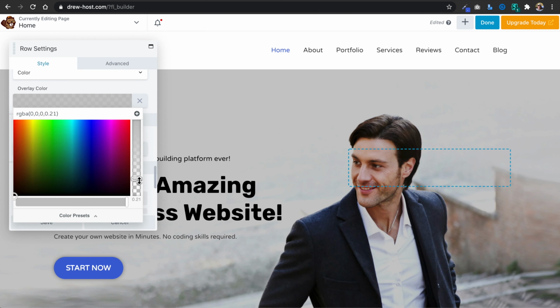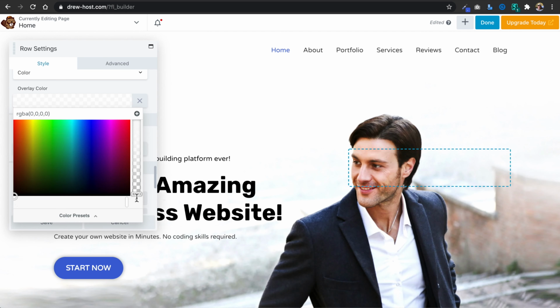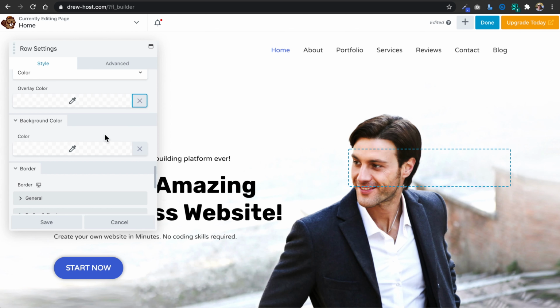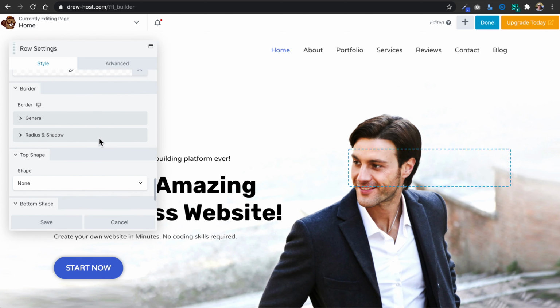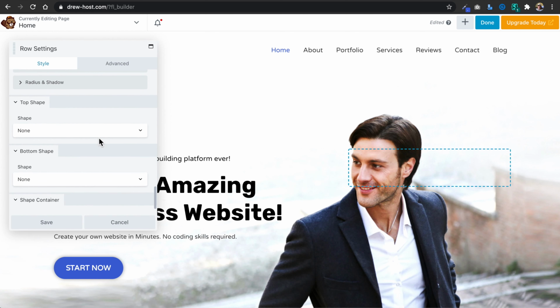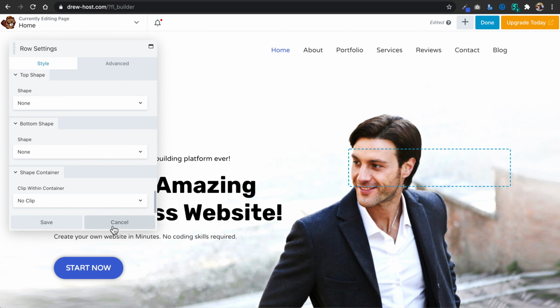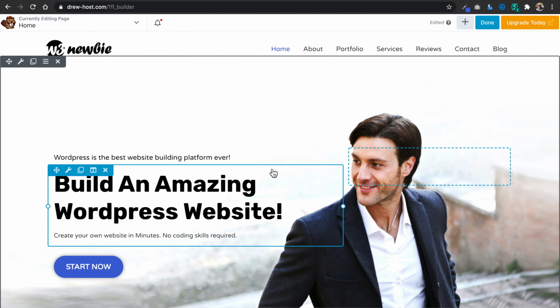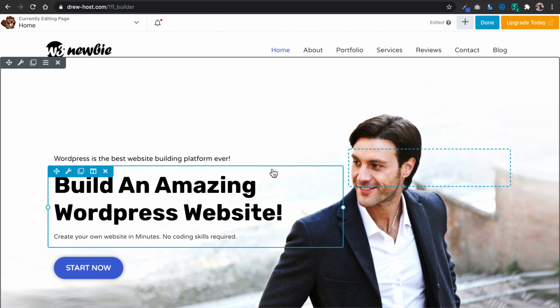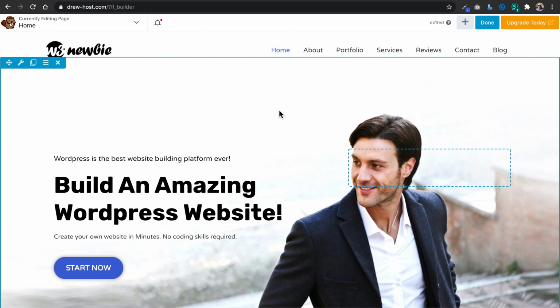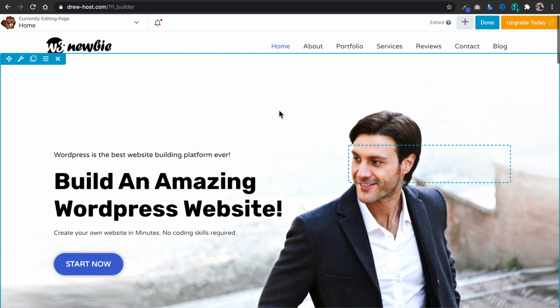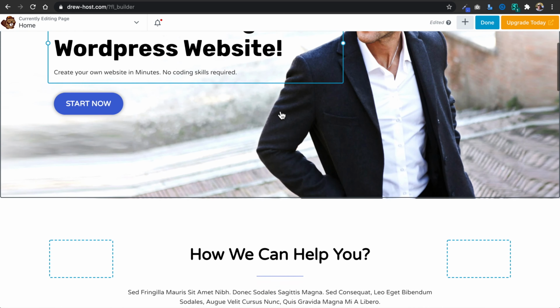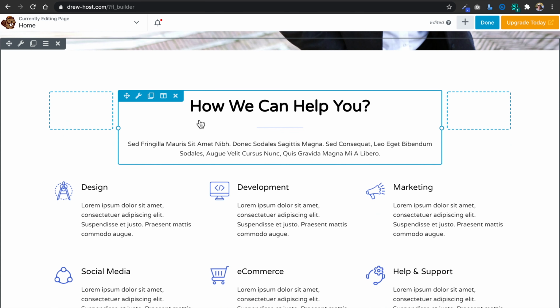The only problem with this is we're not going to have the flow into our white menu at the top. We would need to add a transparent menu for that to look proper and to maybe make our menu links lighter in color. So those are a couple of other steps that you can take to adjust and customize the homepage. You could also experiment a little bit more with the Beaver Builder page builder to add more customizations, but let's move down to the next part of the website underneath the homepage image and change some of the content